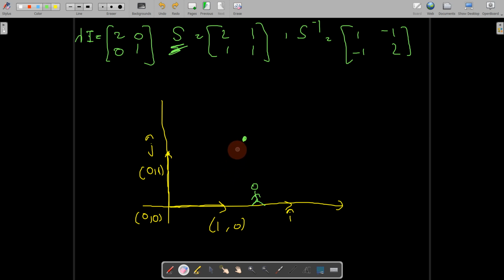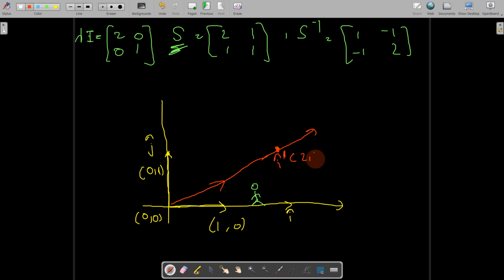Now your eigenvector coordinate system from 2 1 represents where your eigen coordinate system's i cap is. I will write it as i cap dash. Your eigenvector coordinate system's x-axis, if you measure it from the original coordinate system, you have to move 2 units in the x direction and 1 unit in the y direction. Then this becomes your eigen coordinate system's i cap, 2 1.